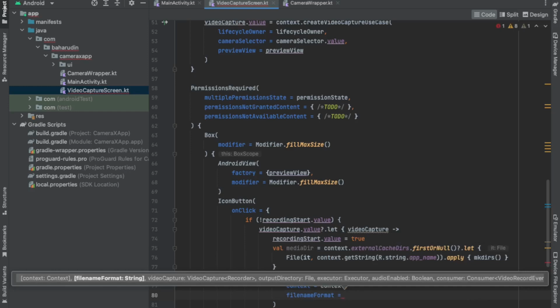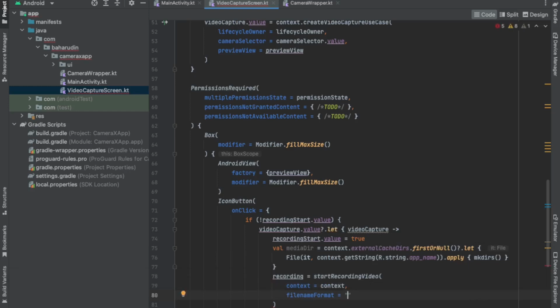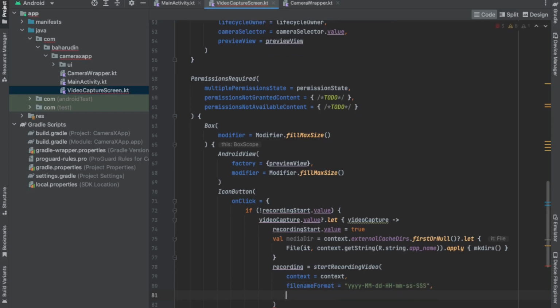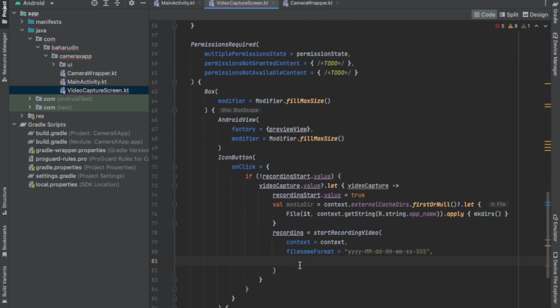And I will apply and mkdirs. I'm sorry, mkdirs. Okay, and then in here I will call the recording variable is equal to startRecordingVideo, and then context is equal to context, and then filenameFormat is equal to, I will make the timestamp format. Year, dash month, dash day, dash hours, dash minute, dash second, dash millisecond. Okay, and then comma videoCapture is equal to videoCapture,